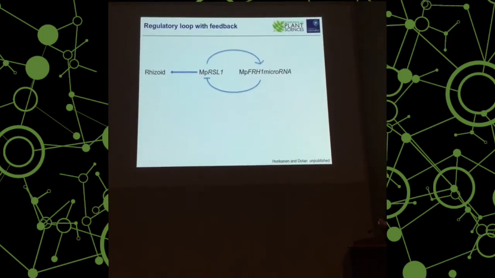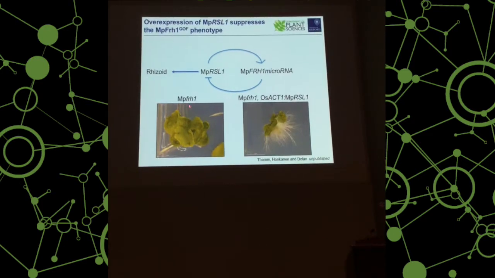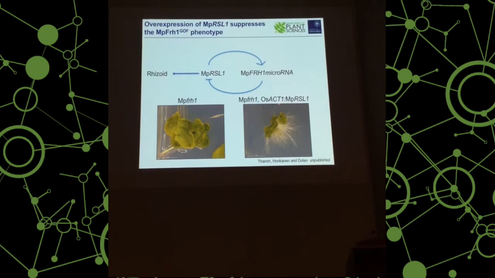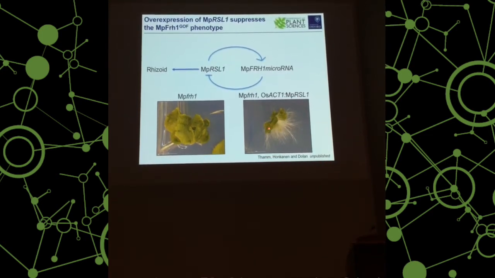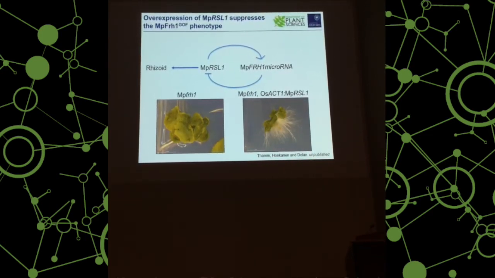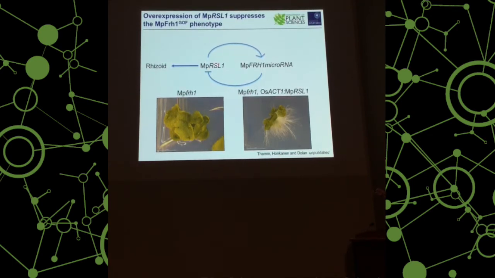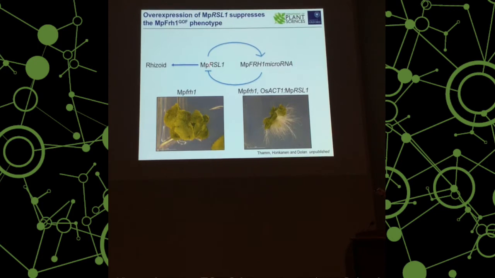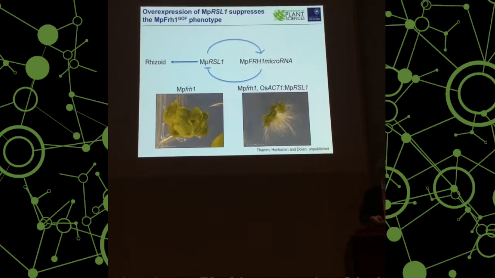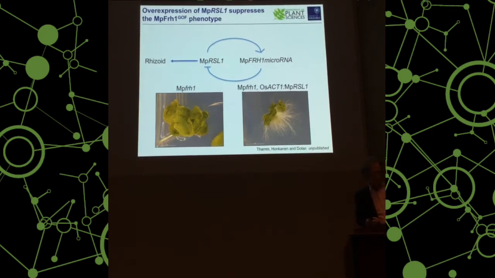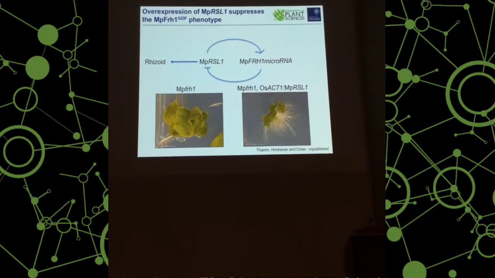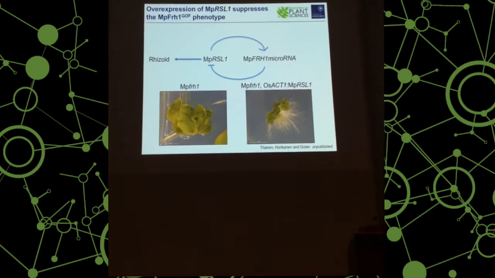So if we look at a FRH1 gain of function plant, it's rhizoidal, and now if we overexpress RSL1 in that background, we can get some rhizoids developing. So it's consistent with the idea that if you upregulate this experimentally, then you can basically outmaneuver the negative regulation from FRH1. So I was very excited that we found a negative regulator of RSL1, because having worked on RSLs